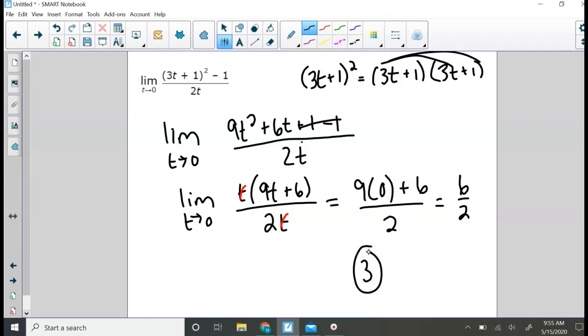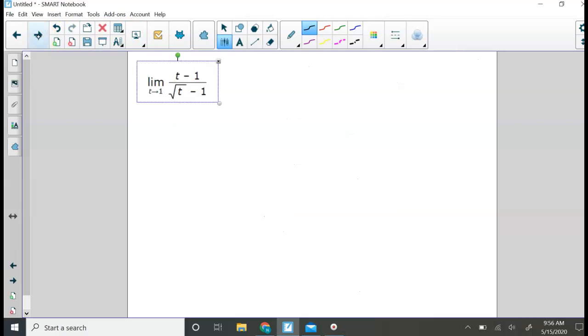So it's very similar to what you're doing on the other problems as far as the factoring goes, but before you are able to factor, you have to expand this expression right here. And that would be the case whether or not it's on the top of the fraction or the bottom. Okay. The next type you're going to see is a lot different than the ones that we've done before, because